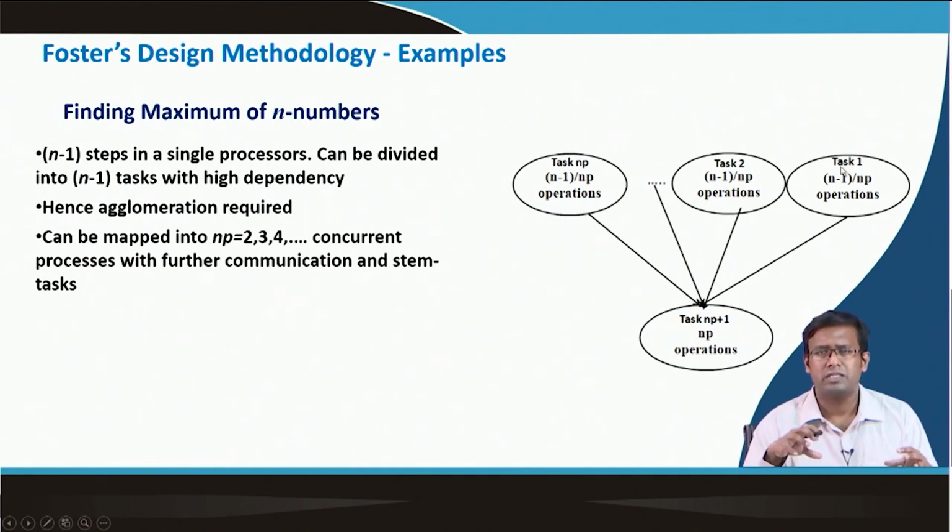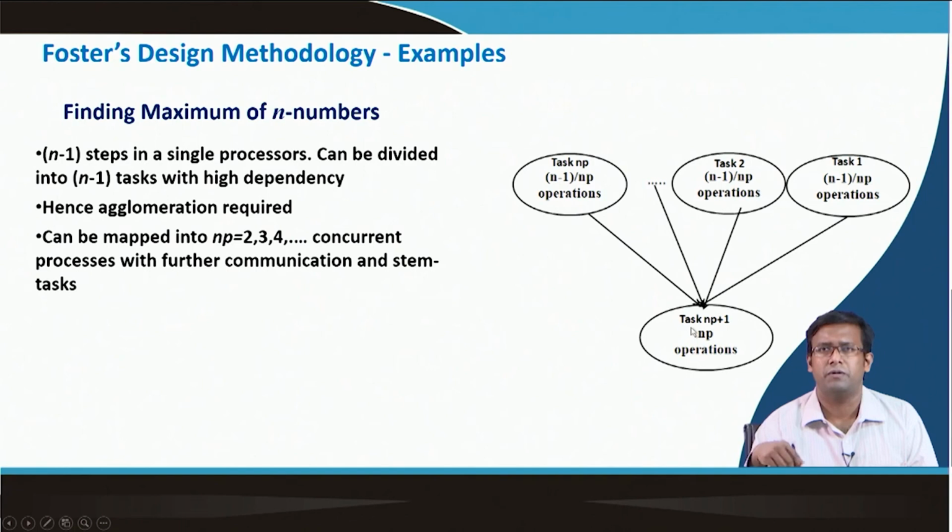So, we have a large data set, we have broken it down into np number of data sets, each data set has (n minus 1) by np operations, and in each of them we find out the local maxima, and all these local maxima are given to the stem task. There are total np processors, so total np maximums are given,